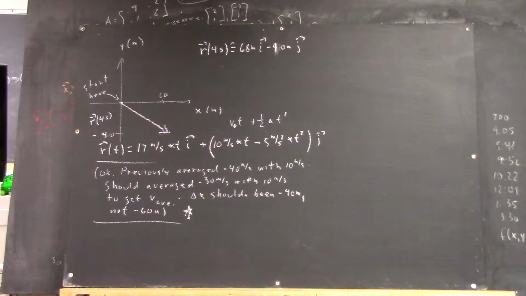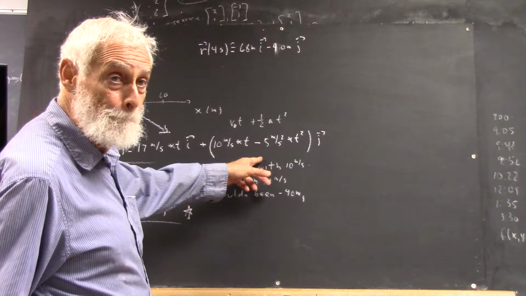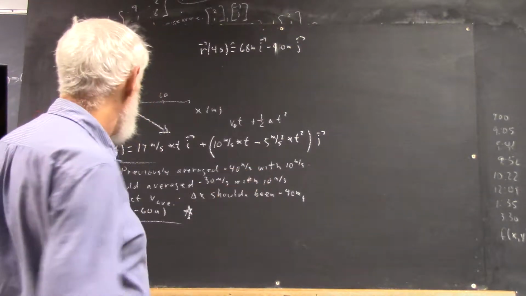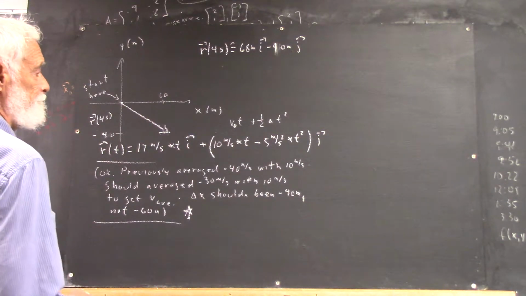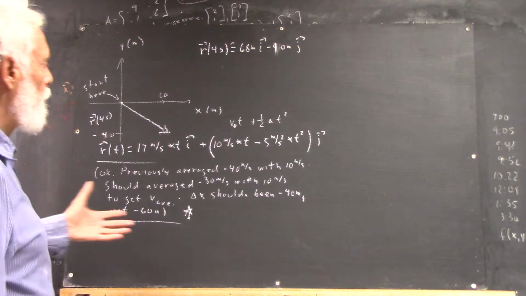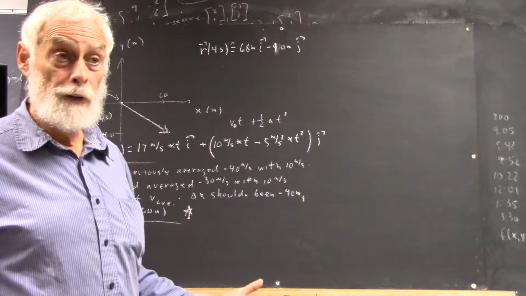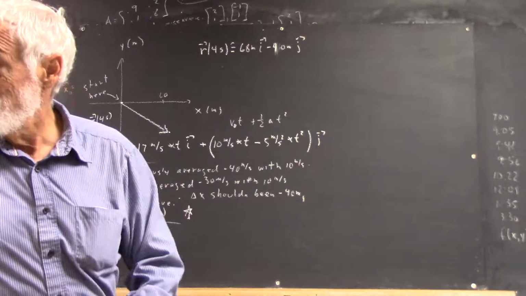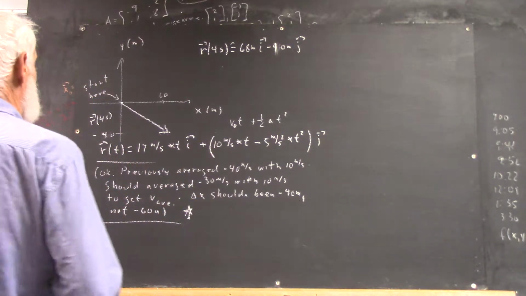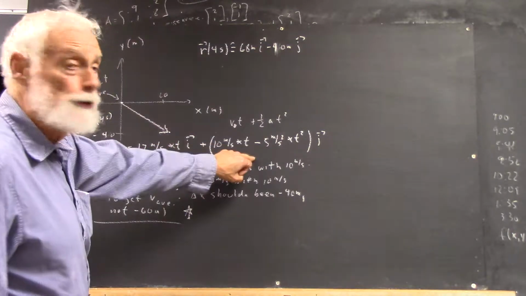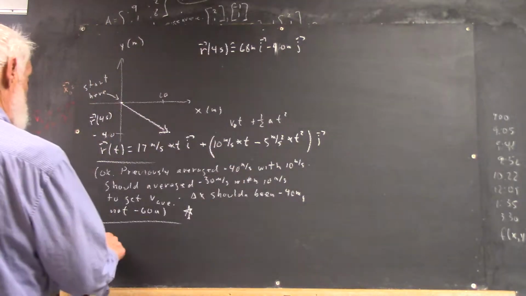Now, the point is that here we have this R of t function, right? So we can now figure out what the x position and the y position is at any time, and we figure them both out. We can figure both the x and y position by this vector, right? So we could do